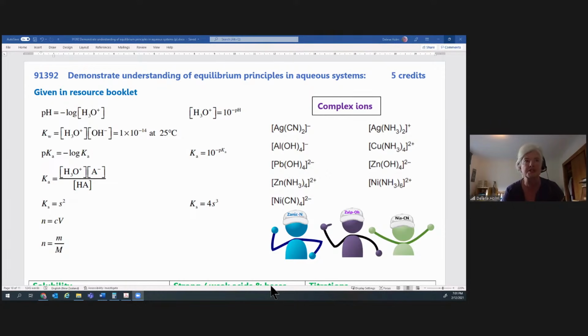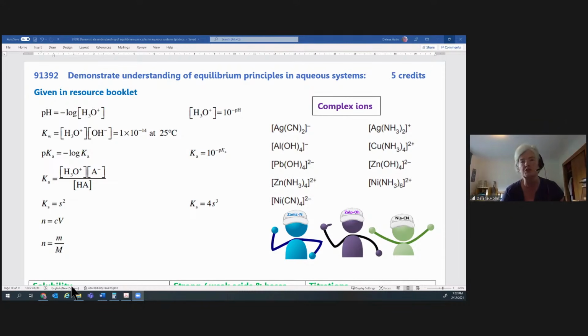Make sure you use it, because as you can see, a lot of equations are given, and a very big plus that's only come in recently from last year, they give you all the complex ions. So you can check very carefully, and they've introduced some new ones as well, like nickel cyanide, and nickel with ammonia. So you can check to see that your formulae are correct. You don't have to learn it off by heart. It's nice though, instead of